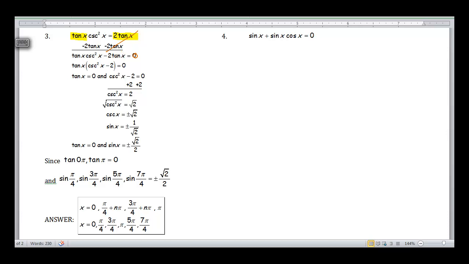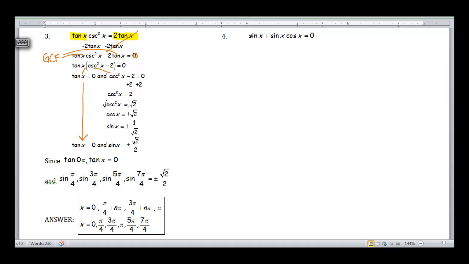We're going to have to factor out a GCF of tangent x. And so when I divided this term by tan x, I was left with the cosecant squared. Dividing negative 2 tan x by tan x, I'm left with the negative 2. Now I could set each equation equal to 0 with our zero product property, solve each of them individually, and